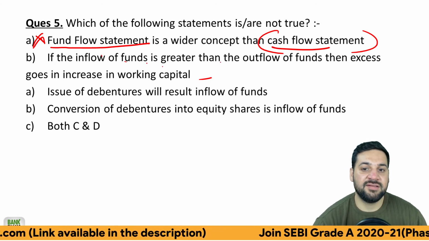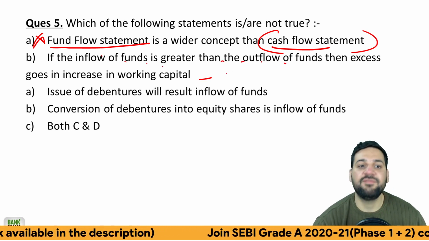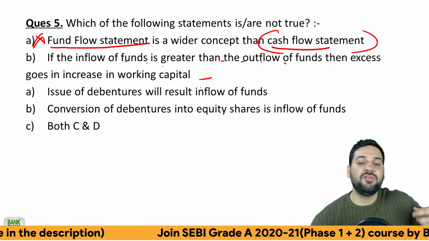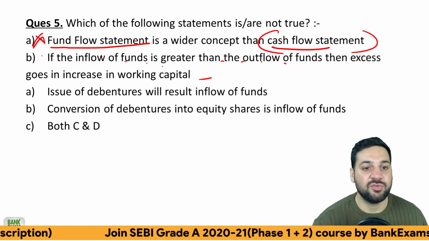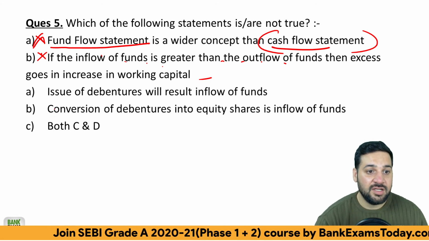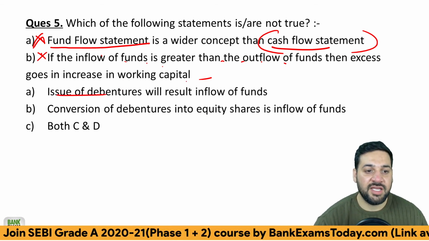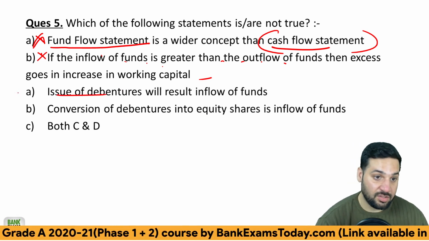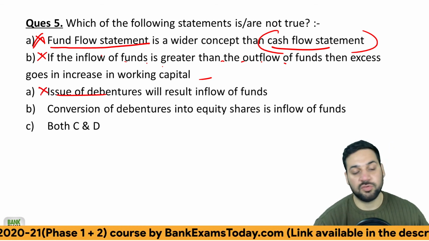If the inflow of fund is greater than outflow, that means you made money, right? And that money is added to the working capital. So it's also correct. Issue of debentures will result in inflow of funds. Obviously, you are taking a loan. So obviously,